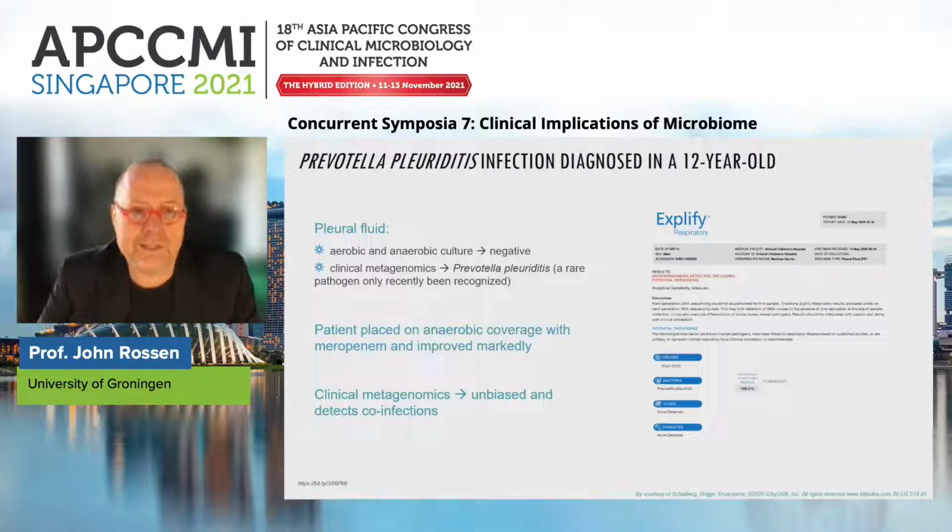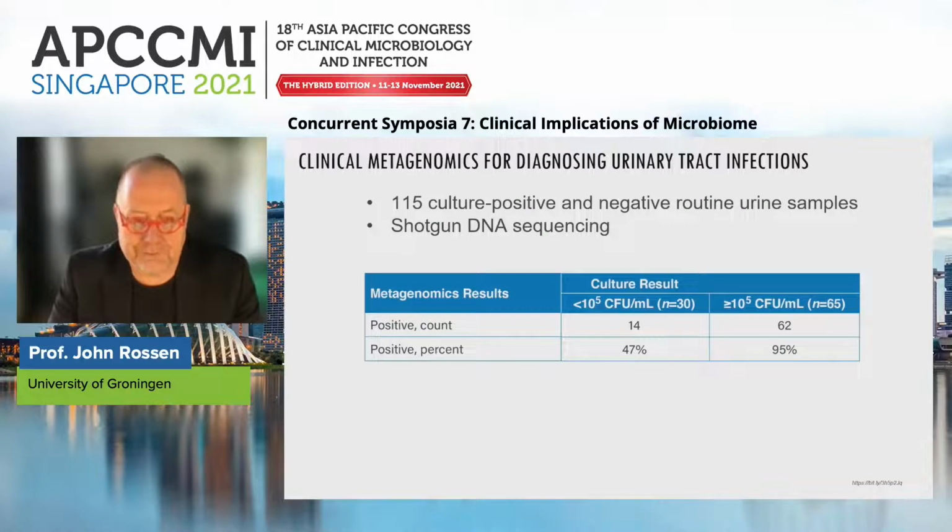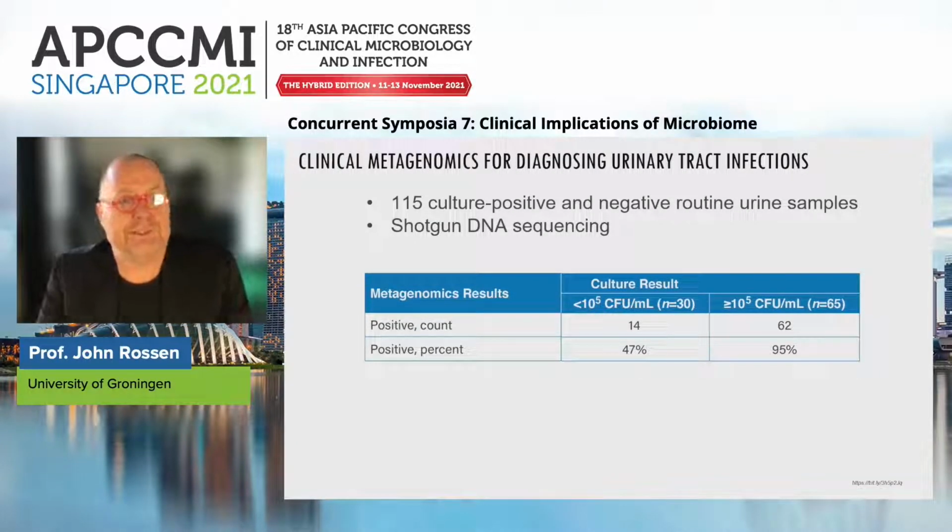So this shows that clinical metagenomics is an unbiased way of looking at the presence of pathogens and is able to detect co-infections, as we also detected human coronavirus OC43. Now, this technology can not only be used for respiratory infections, we can also use it for diagnosing urinary tract infection. And in this case, we tested 115 culture positive and negative routine urine samples and performed again shotgun DNA